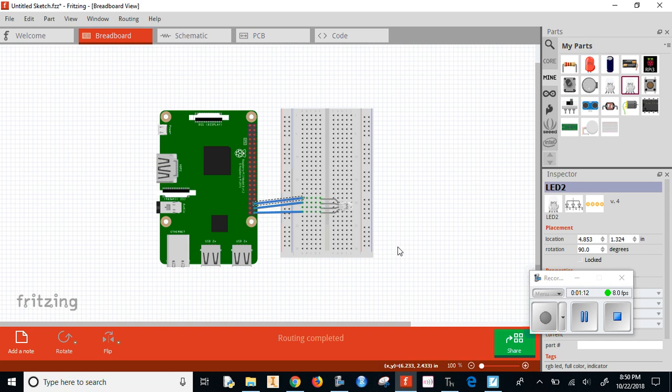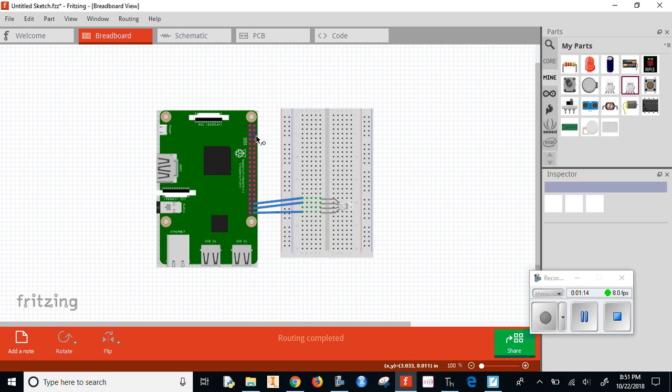Now we can pick any ground. I am going to pick this ground right here to come down, and I could pick any of them. I'd put it there, but then it would be hard to see that those are connected. So I'm just going to come and put it there, and that's going to connect with the long pin. I don't know if that lined up perfectly. Hopefully. So that's all the wiring that we need for this one. Sometimes we might need a resistor, but I think that should be good for the RGB LEDs